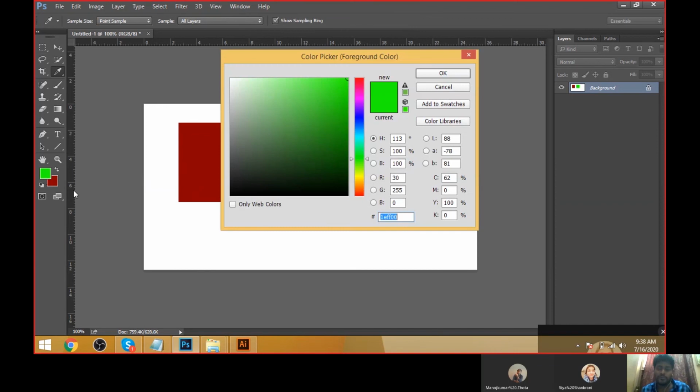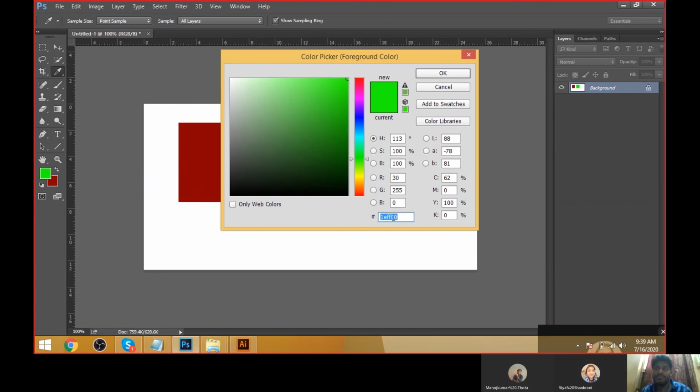Okay, then what is the format we are using here? The format we are seeing is called the HSB format, like hue saturation brightness format. And here we can see the RGB format, red green blue, and the Lab format, as well as CMYK format, cyan, magenta, yellow, K. And here we have a specific key that we call the hexa key. This is the hexa code value, where we can copy this hexa code and use it in the web department as well as the mobile app development part.